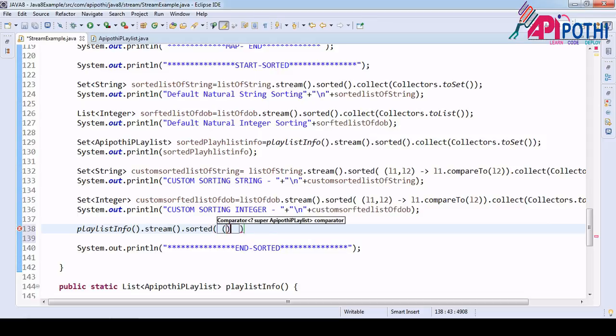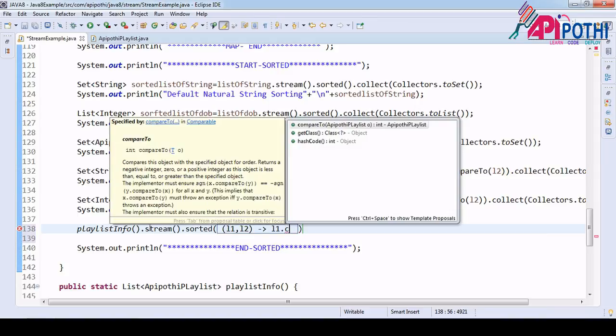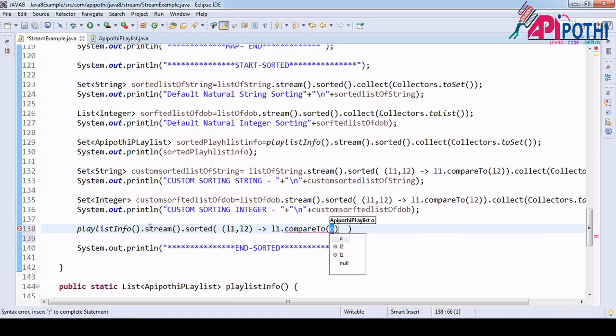So here L1 comma L2, I am sorting here L1 dot compareTo, not like that, since L1 is the object which contains many things, right?